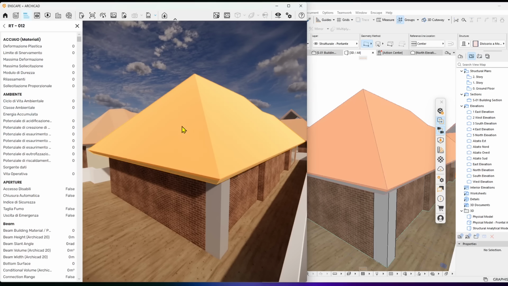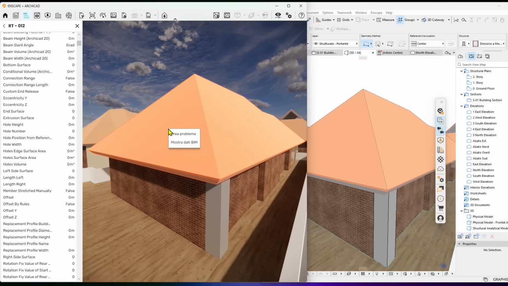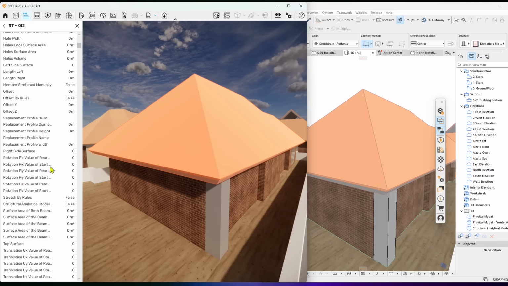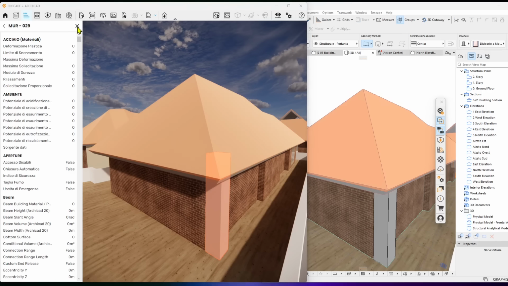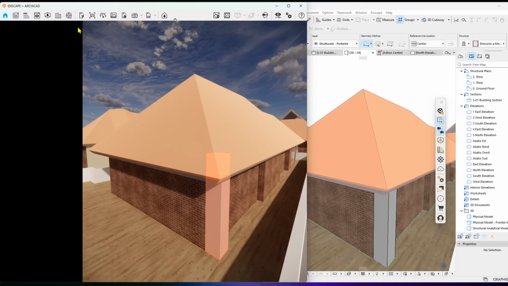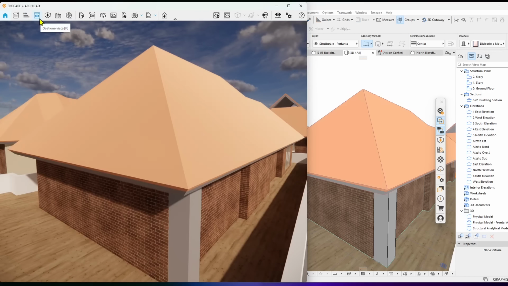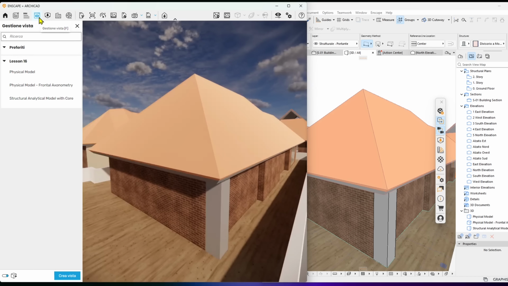The second one is for building information modeling. It's an inspector that, of course, you can do in ARCHICAD directly, but if you want, you can use it also here. Right click, also you can create an issue or create a note, or you can expand with the BIM inspector. So it's telling you all the objects here, like the pillar and the wall and the roof. These are all BIM elements, or building information modeling. Now the next button is a little square with an eye inside. Now this is where you